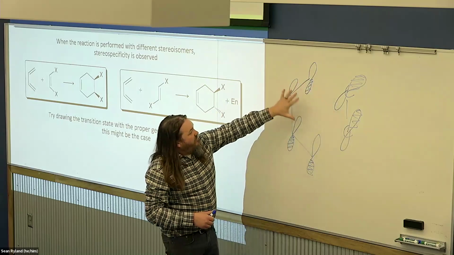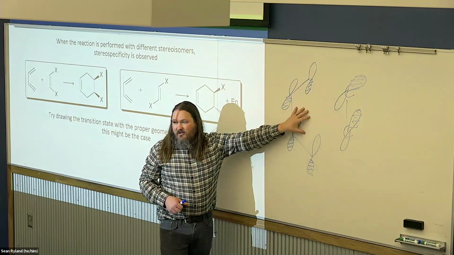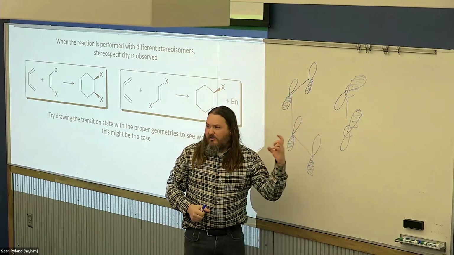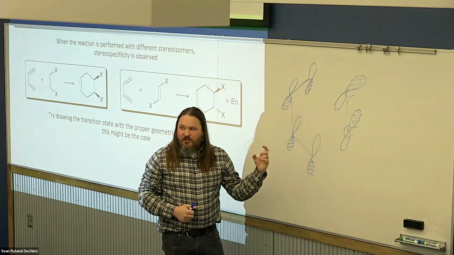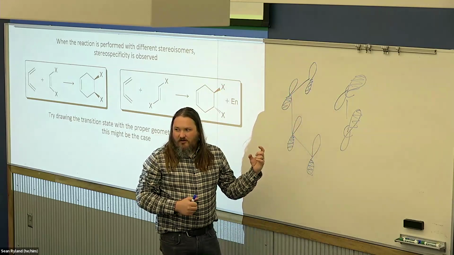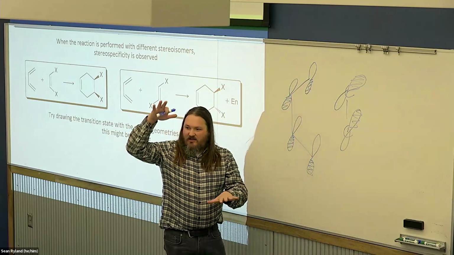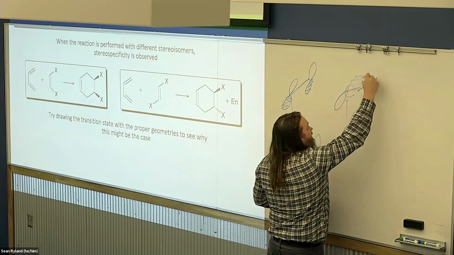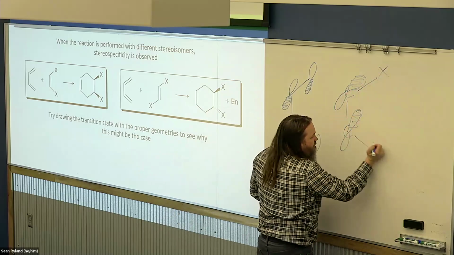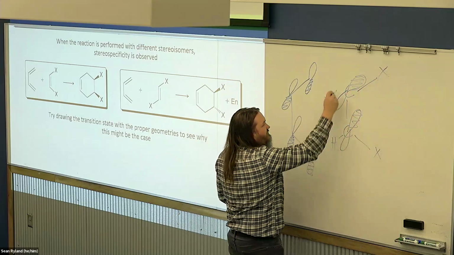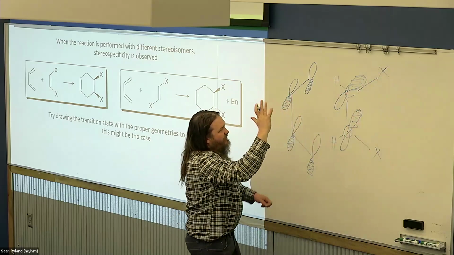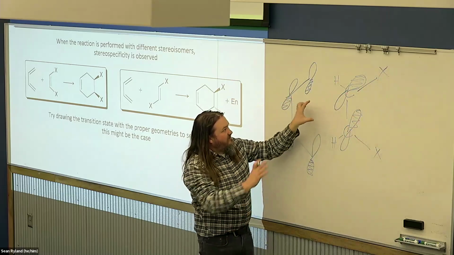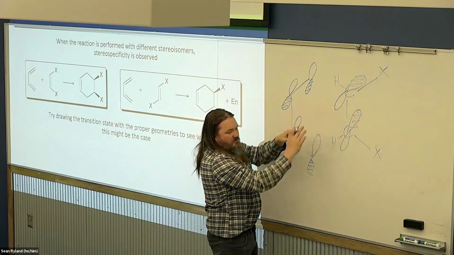So basically, because we're starting from a planar pi cloud, our dienophile can either approach from above the pi cloud or below the pi cloud. But it has to be approaching from the same side of the ring. It has to kind of dock. You need it to come set down on top of your pi cloud. And we remember that we have these substituents attached to it. If this dienophile is going to come in and lay down on top of this, and you start with your hydrogens cis, when you make your new bonds,